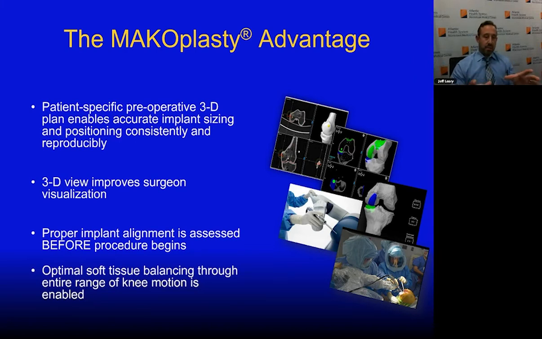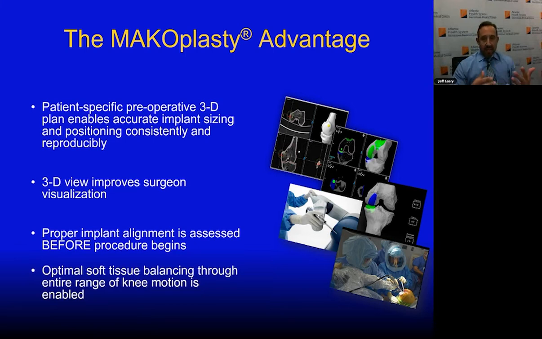And how that works is when a surgeon has selected a patient for a robotic procedure, the hip or knee, the patient is sent for a CAT scan, and we 3D model and create a virtual version of that joint, whether it be the hip or the knee. And we're able to virtually plan the operation ahead of time before the patient's ever in the OR. We build a model, plan out the surgery, how much bone needs to be cut, where implants need to go to recreate normal anatomy. And then once we've done that, the robot allows us to make those exact cuts and measurements with very, very little error.